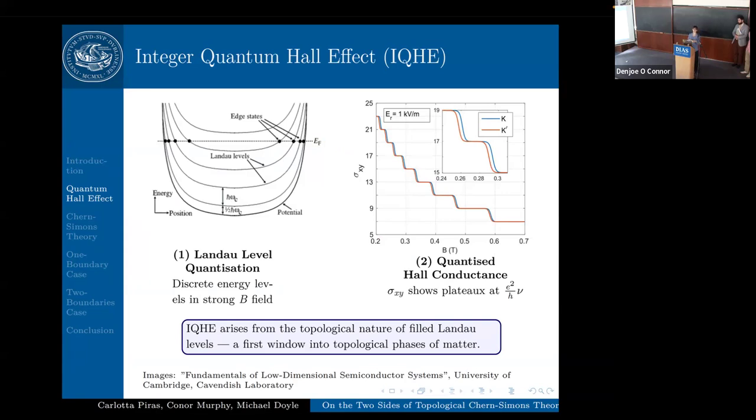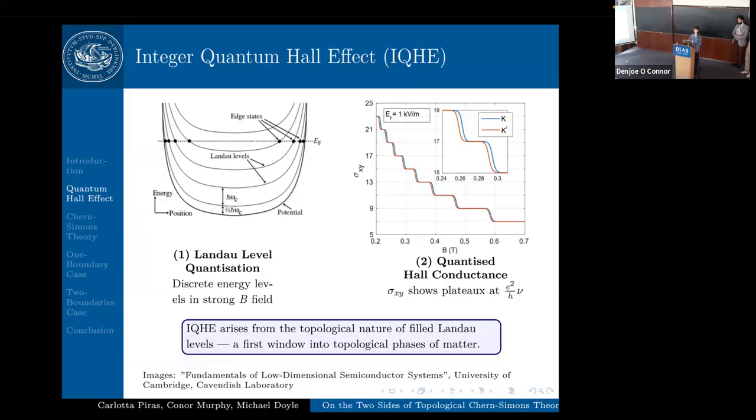So basically, the energy levels split up into discrete bands known as Landau levels, which is a direct consequence of the strong magnetic confinement. And when these levels are well separated and we apply a voltage across the bar, we see that for certain ranges of the magnetic field, the voltage drop across the edges will actually vanish, and instead Hall resistance will appear, and this Hall resistance is quantized, and that's why we call this the quantum Hall effect,